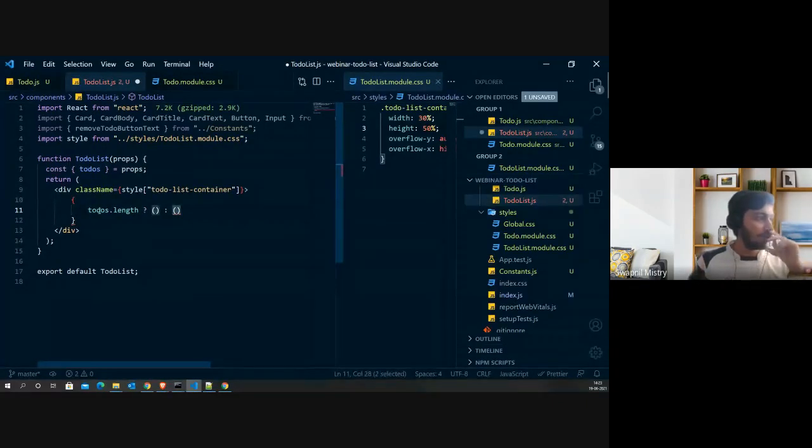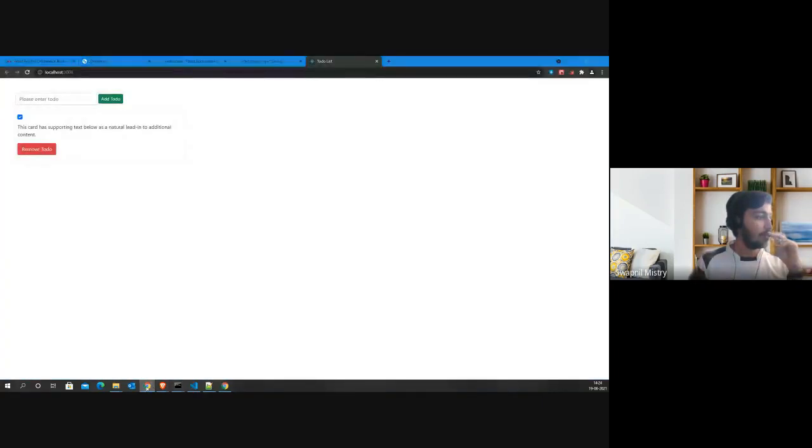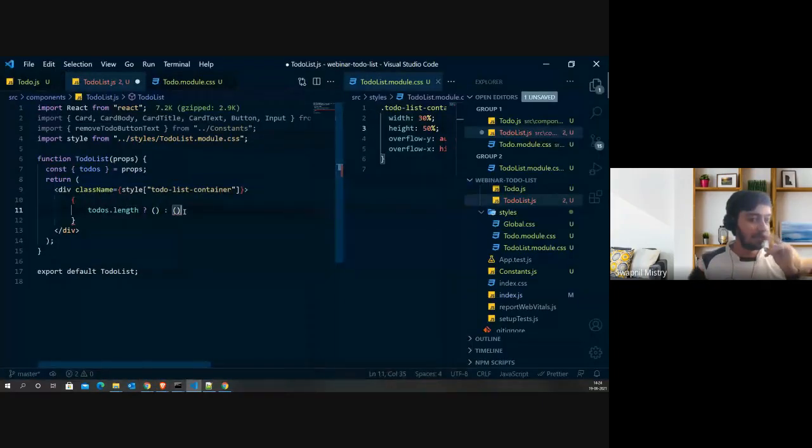Okay, so if the to do is having length, which means if we have one or more to dos, then we will return this card view which we made over here. Else we'll be showing a simple message that there are no to dos yet. Okay, so right now I will just display null as of now.